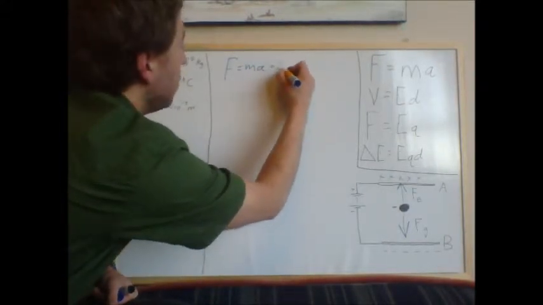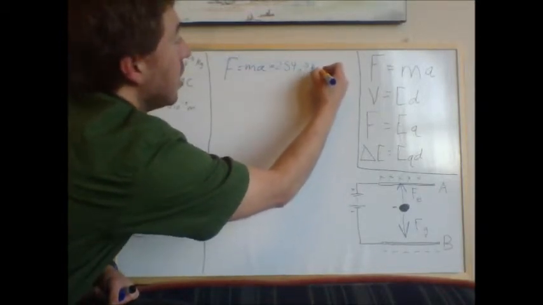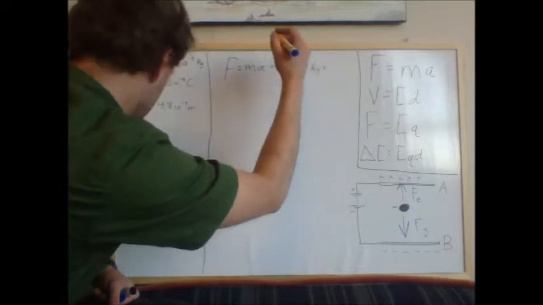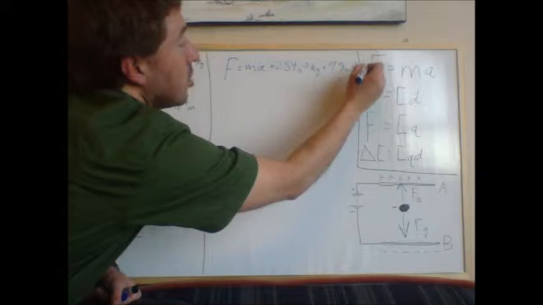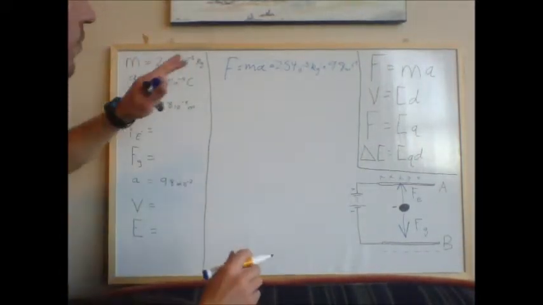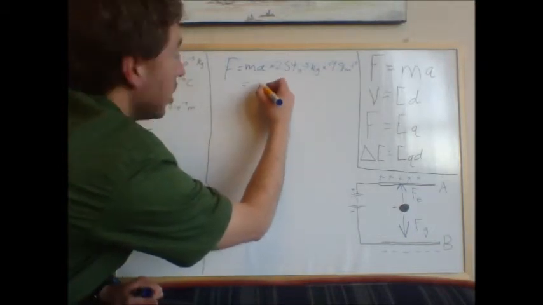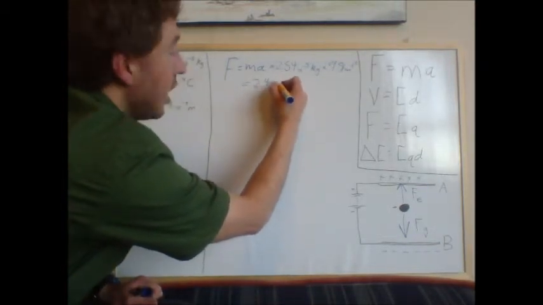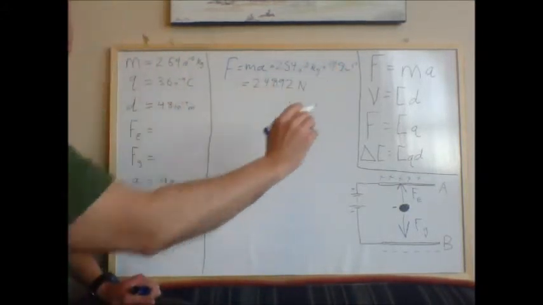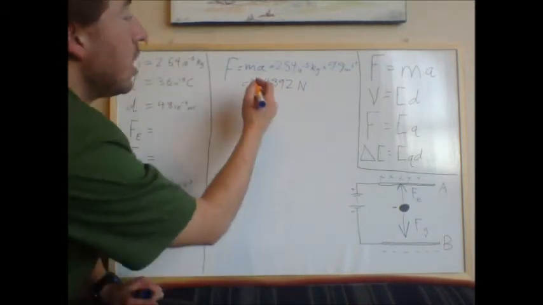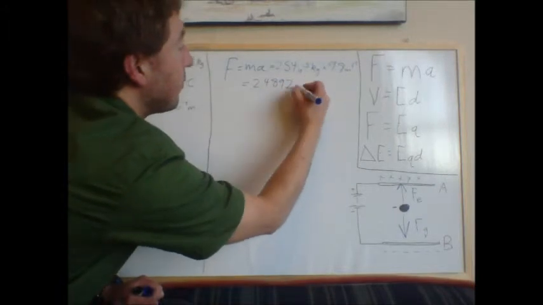equals 2.54 × 10^-5 kilograms times 9.8 meters per second squared, which is going to equal 2.4892 newtons. Kilograms meters per second squared is newtons. But, 10^-4